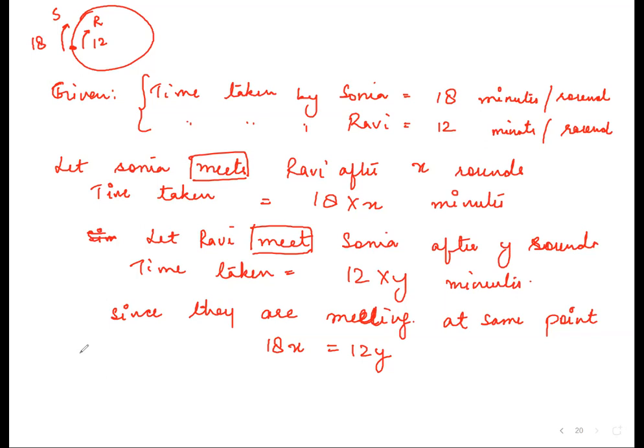x and y are multiples of 18 and 12 respectively. See, x is multiplied by 18, so obviously x is a multiple of 18. Clear? Yes. Okay, and then y is multiplied by 12, so y is a multiple of 12, like 12 multiplied by something will give you y. Since we are finding the minimum time,